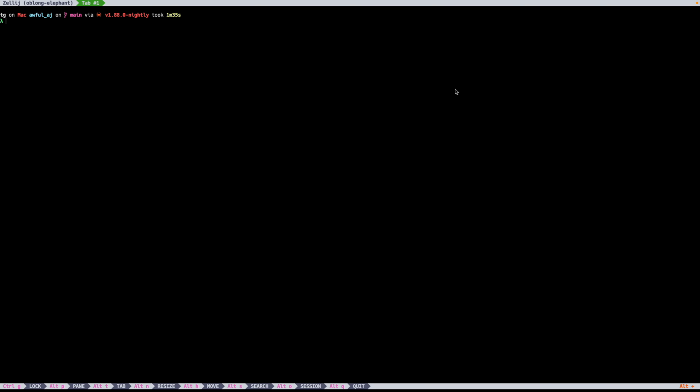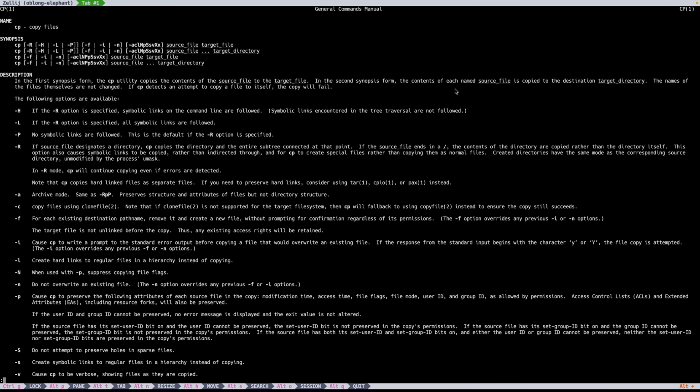Copy is a command in macOS to copy a thing that exists somewhere to somewhere else. A man page just tells us how to use the copy command.